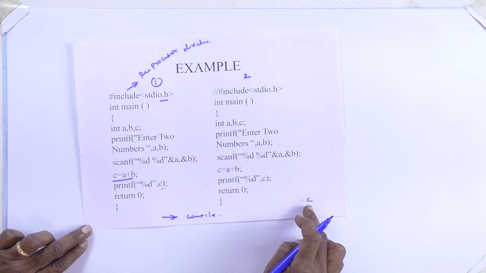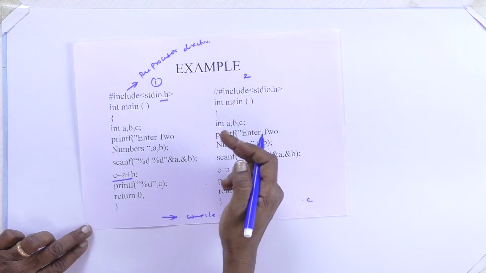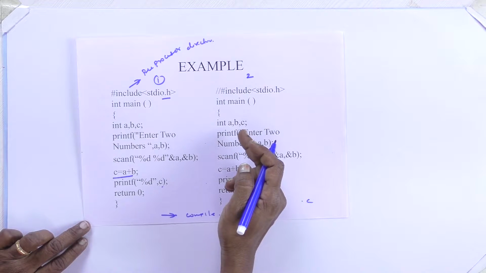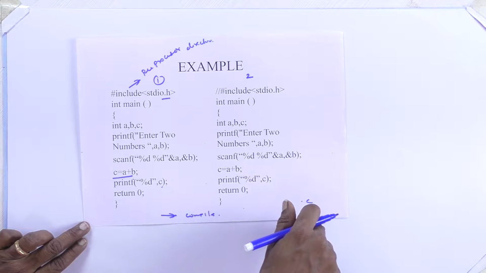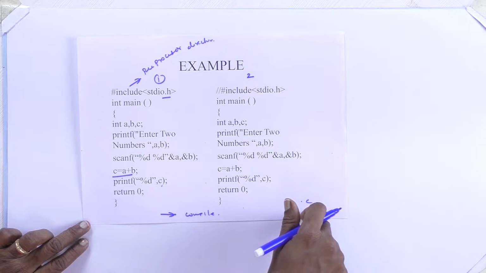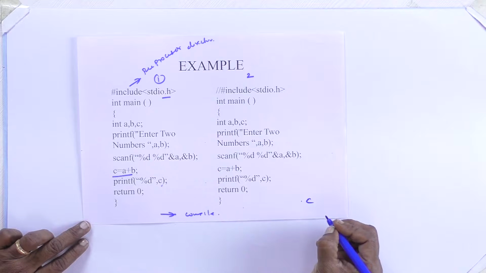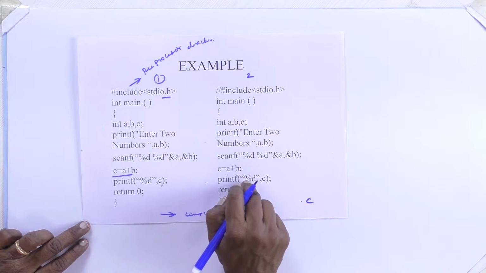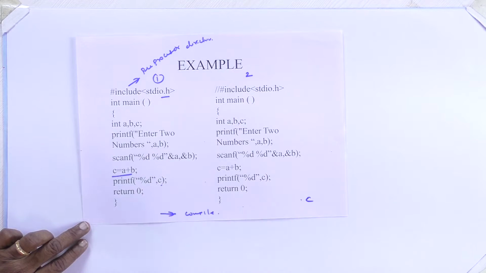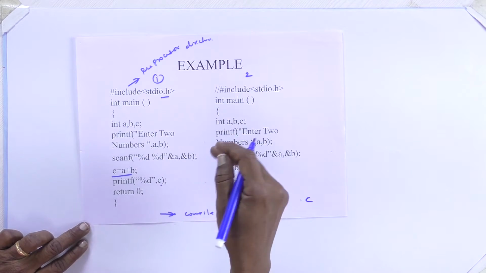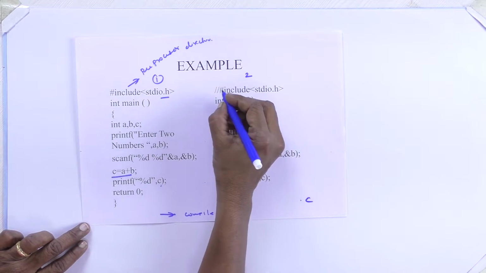So when it is in .c extension, the preprocessor directive will be included and the program will be compiled. If this is not stored in .c extension, it will throw an error because this preprocessor directive is not included in this program. Similarly, if we have any math function, then we have to include